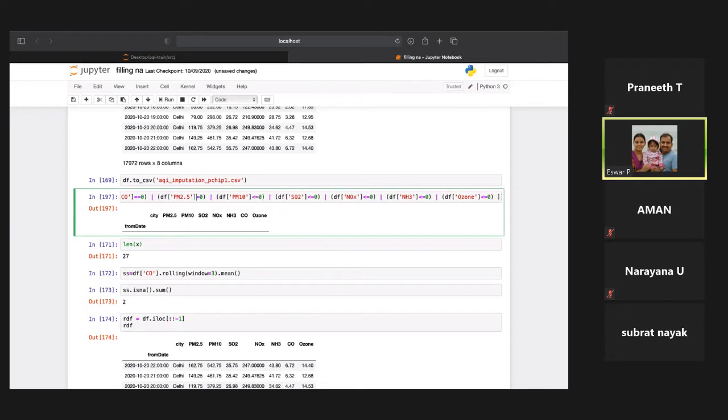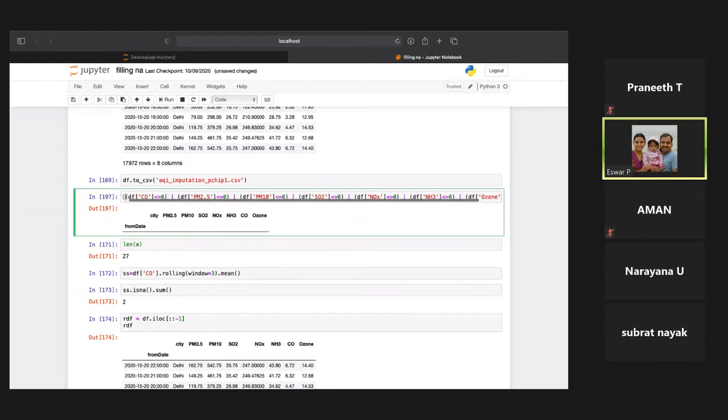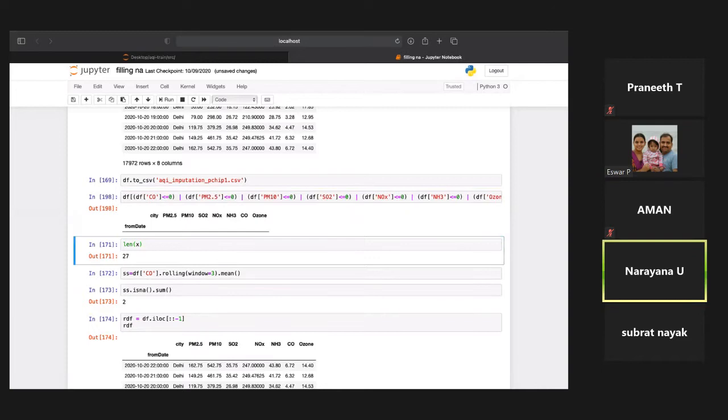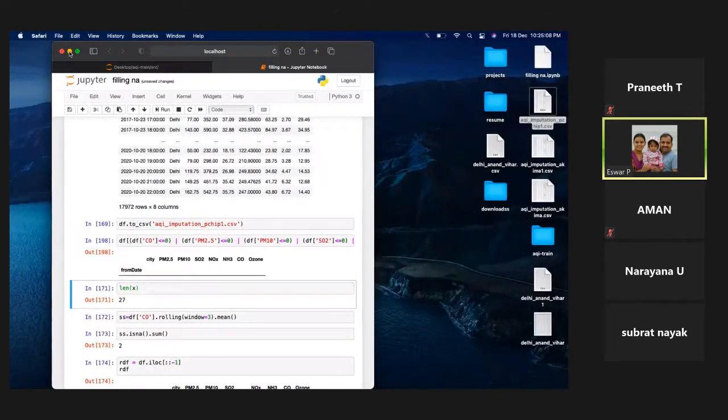And Narayana, in our repository, how will we maintain multiple files that are coming up? Once we finalize this imputation, we'll put it in the main directory with the name AQA imputation. We're testing whether one is correct, because every person will be testing AQA scrapping and different things. So once we decide, for example, this one will move to the main folder. Is it a single file or multiple files?